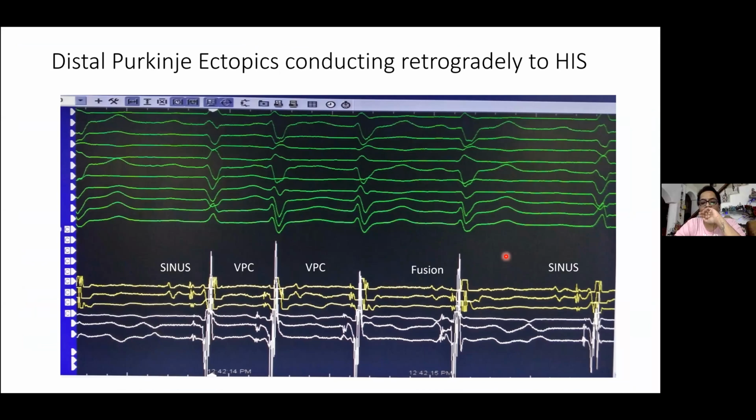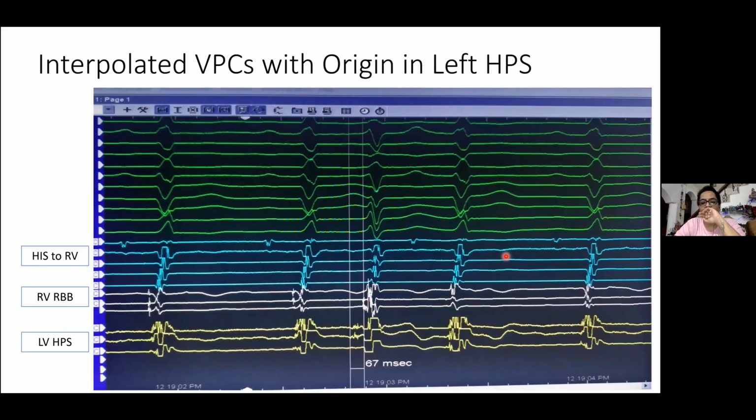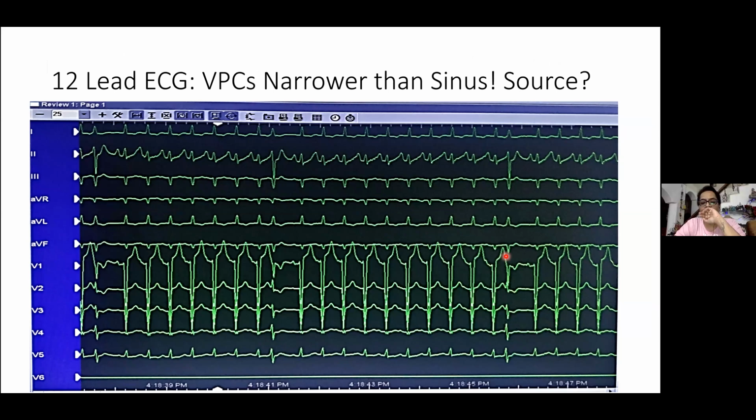Can I have a question? Where did you ablate, in the LV or RV? So mid septum. Mid septum means near the posterior fascicle. The PVCs which are coming are mostly LBBB, late transition and left axis deviation. Some of them are RBBB also. If you see this PVC, it's LBBB and quite late transition.